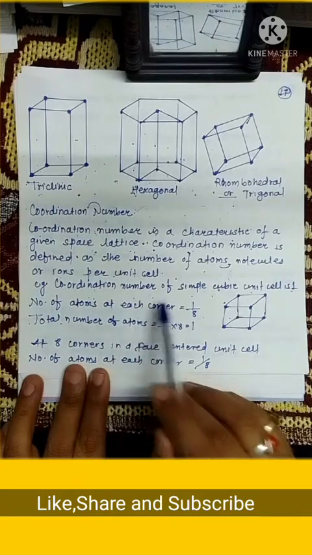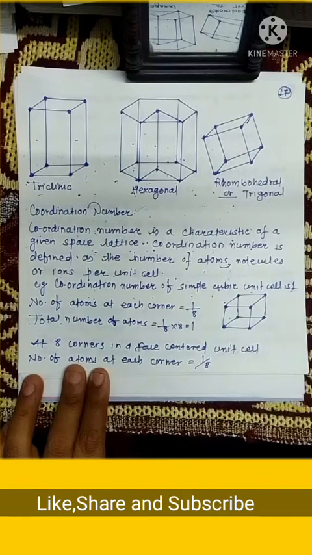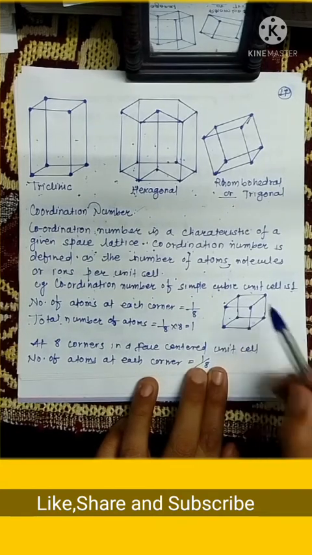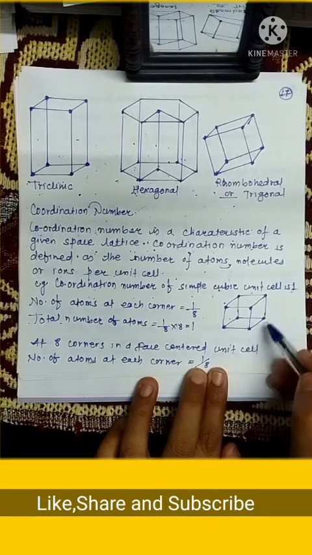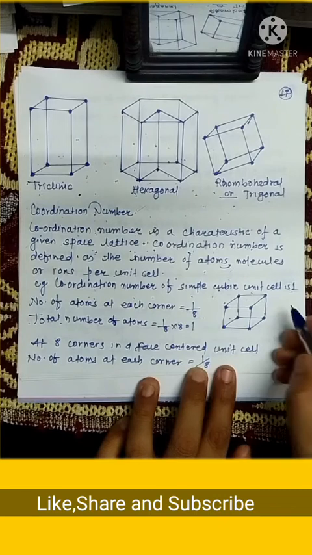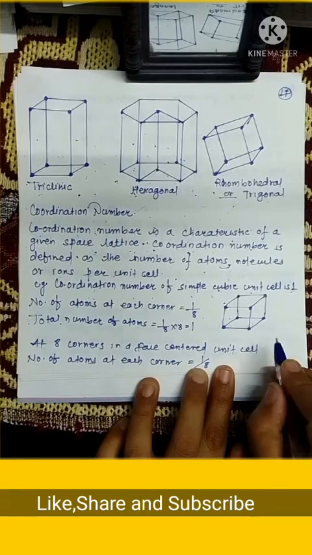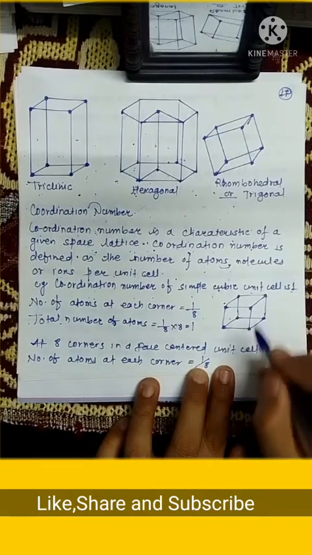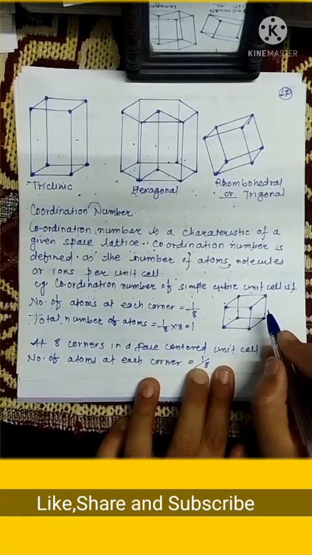For example, the coordination number of a simple cubic unit cell is 1. Now how does this 1 come? Just see that. We know that in a simple cubic unit cell, at the 8 corners of the cube there are 8 atoms present. But the important thing is that atoms are spherical in shape. So only 12.5% portion of each atom is inside the cube, while the remaining portion is always outside of the cube.